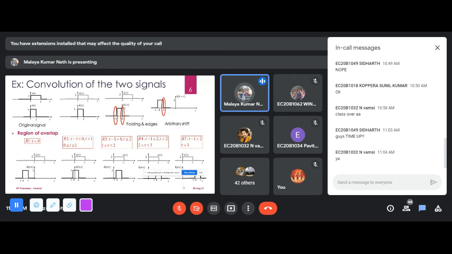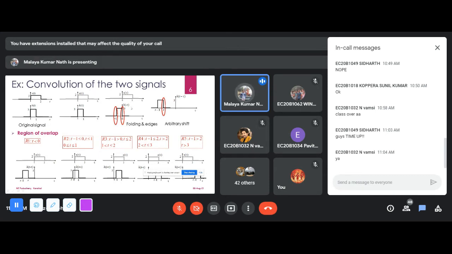So now in this example, I have to find the convolution of two continuous signals. Two signals are given. One signal is your x of t, another is your h of t. I have to perform the convolution of these two signals. What exactly is happening? The first step is to convert both the signals, x of t as well as h of t, into x of tau and h of tau. So first it is converted. I hope it is clear to all of you.